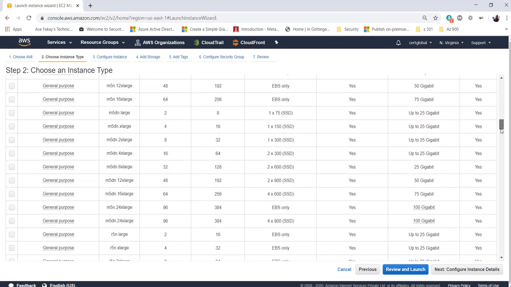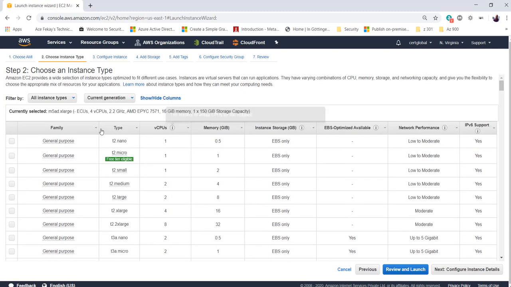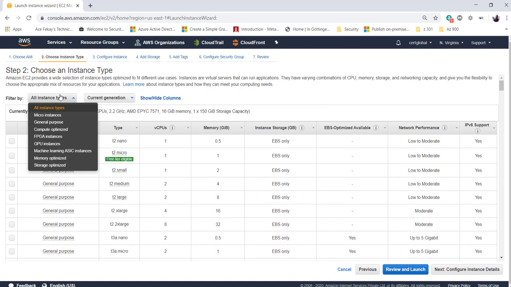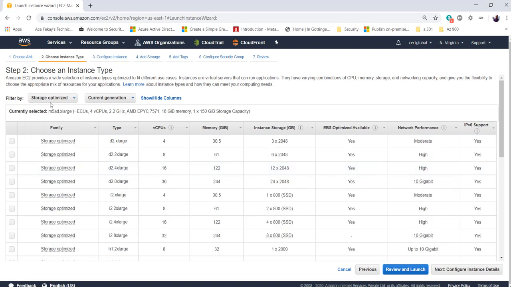So for now, I'll scroll up and show you one more point here, that you can filter them based on instance type. Is your application demanding a lot of graphics? Then you select a GPU instance. Is your application demanding a lot of memory? Are you creating an application for machine learning purposes? Or do you want an application that needs a lot of storage or demands high IOPS? You can filter them based on that, and it's going to show you the instance types based on your requirement,